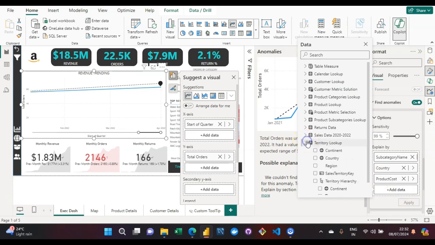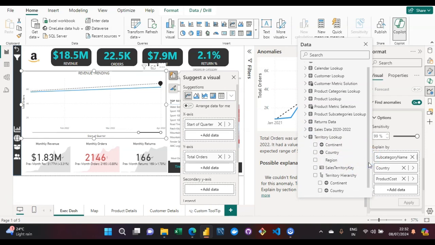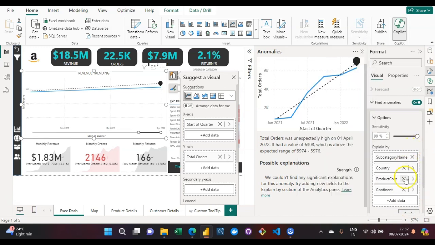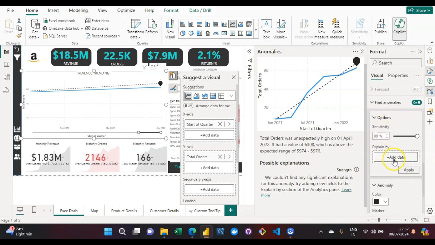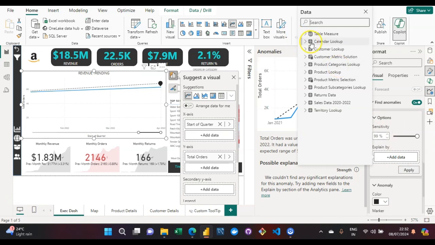It's not exactly an issue, because in some scenarios AI might not be able to come across the reason, as you need to put in the best column, the column which gives the insight into the potential reason for this specific issue. With respect to continent, let me try it out. Okay, again, AI is not able to figure it out. That is completely fine. That is not an issue. Let me finally enter some other value.